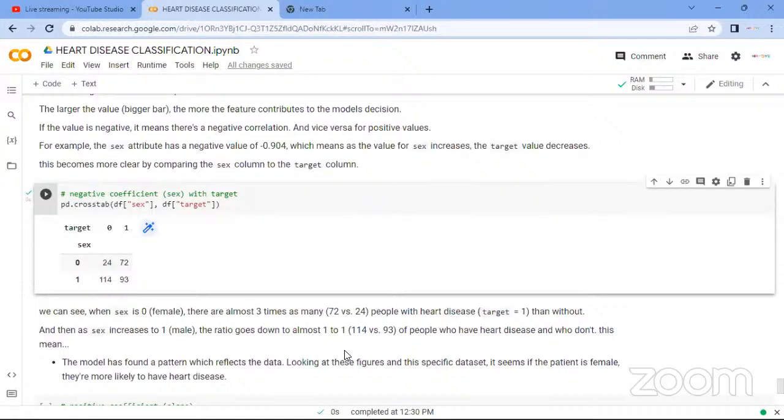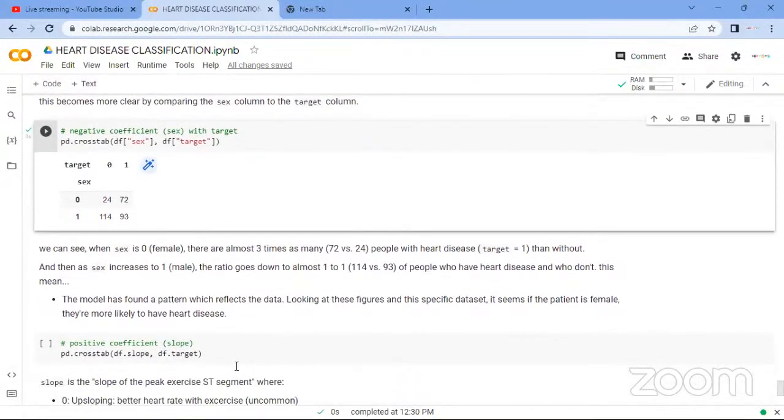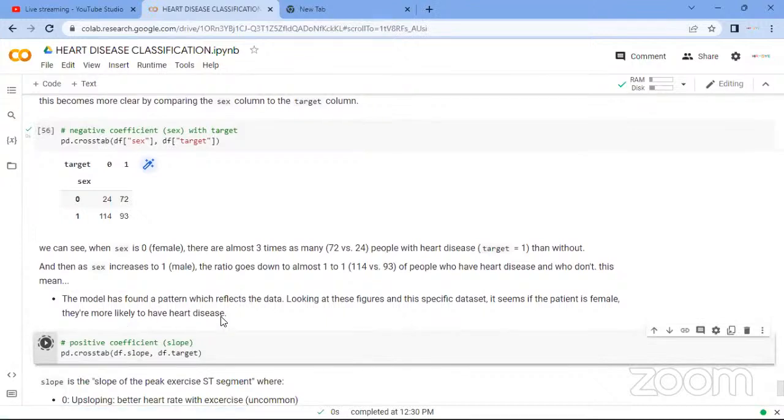Looking at these figures and this specific data set, it means if the patient is female, they are more likely to have heart disease, based on the data, which is not balanced. If you notice, it is imbalanced. There were more males than females, but still 72 of the females had heart disease. Let me rephrase so I don't confuse you again: 72 had heart disease compared to the ratio of the males, because the males are more. If you do the comparison ratio, you notice that it was the females that had more, so they are more likely to have heart disease. So, doing the positive coefficient